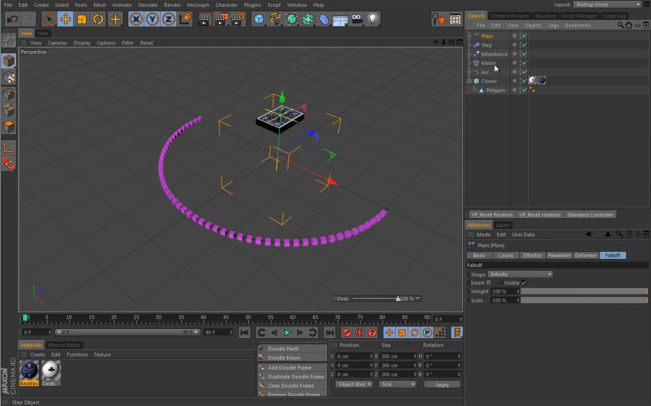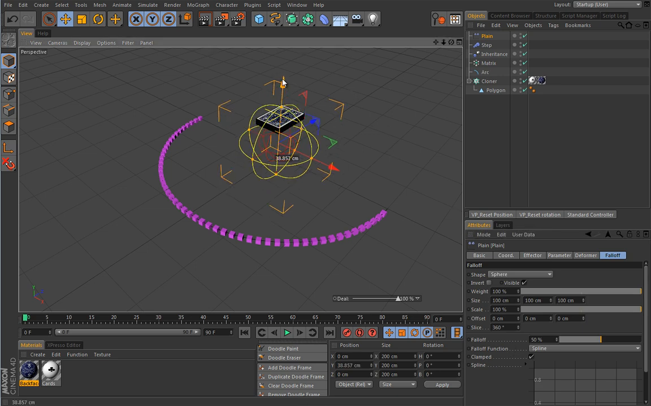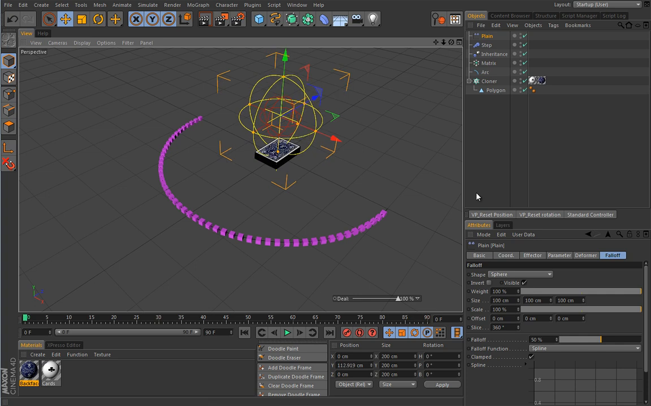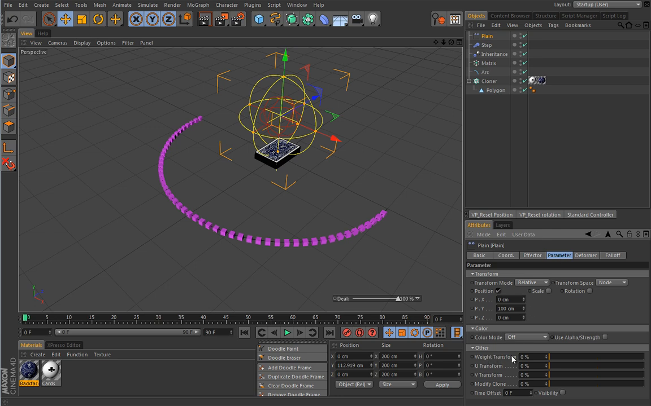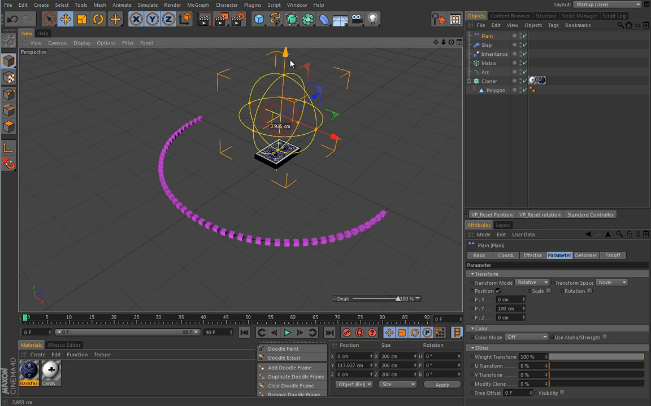Now we will add some falloff to our plane effector. So let's go with the spherical one, and you can see what that does, and maybe we will play with some values. But first I will set the weight transform to 100%. That means it will drive the inheritance effector weight. So if I do something now, it should deal the cards, but it doesn't,